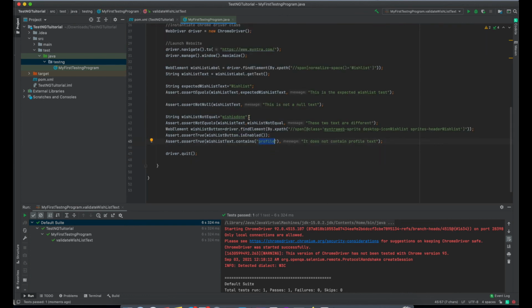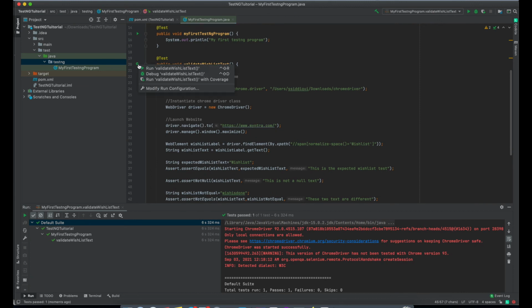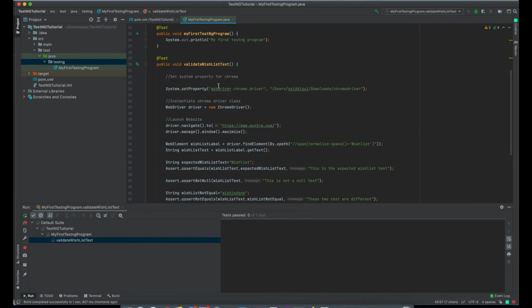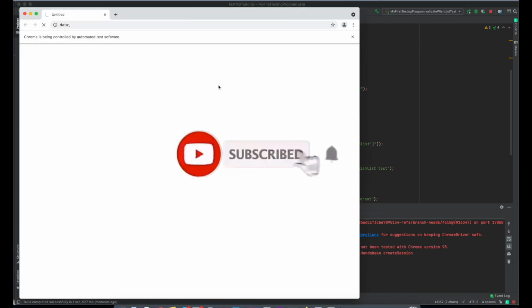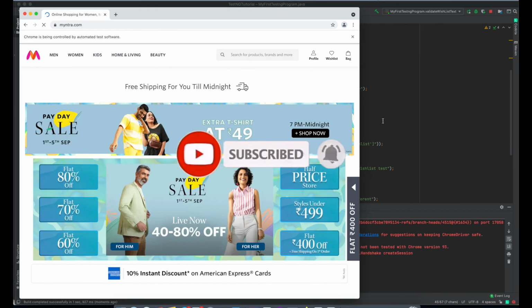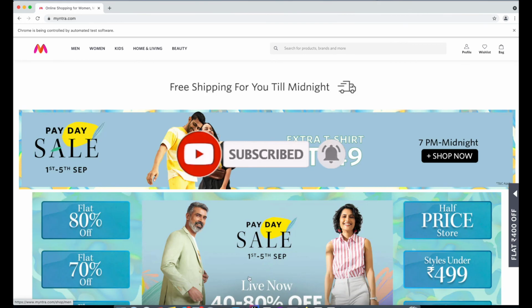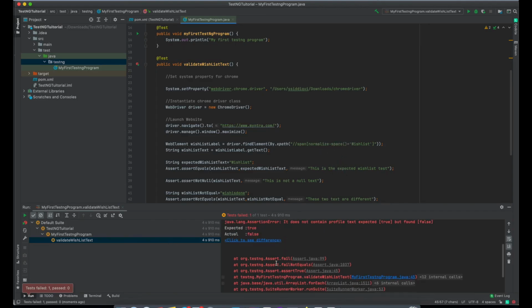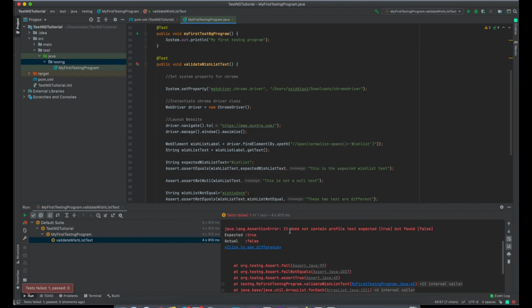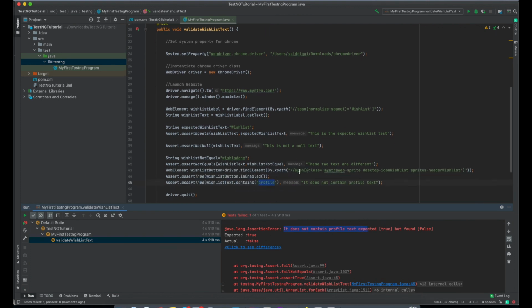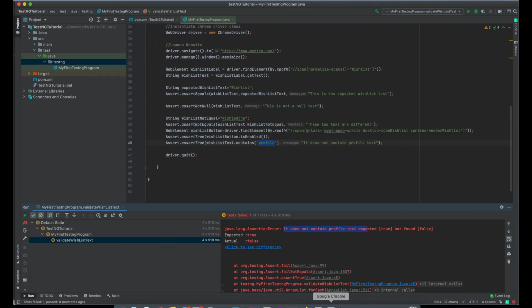Just to demo how this program is working, we can run it once more and this should fail now. If I go here, you can see that it contains profile text. This is failing, and also it was not able to close the Chrome driver.